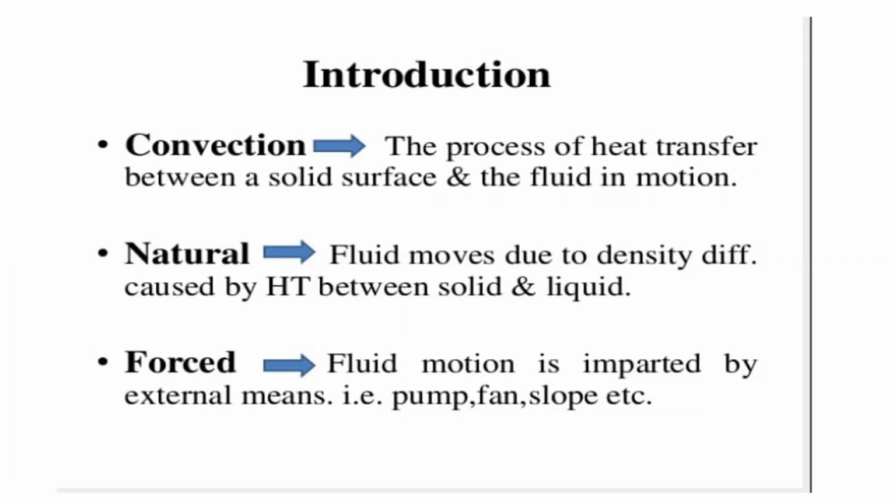So here you can check it out. What is meant by convection is, there is one hot surface, and above that surface the fluid is flowing. Immediately we can observe that the initial temperature of the fluid might be 25 and the solid surface is at 100, and the outlet temperature of the fluid might be 70, because the heat is going to transfer, and the convection takes place above the surface, not inside the surface. Convection is going to take place above the surface.